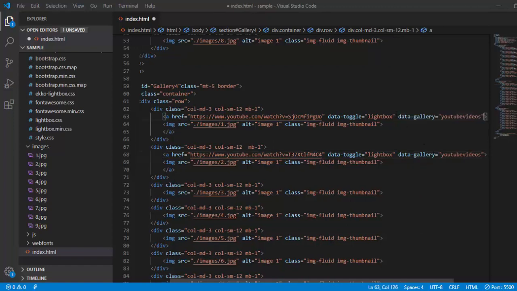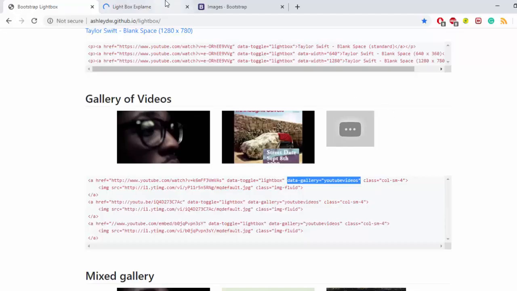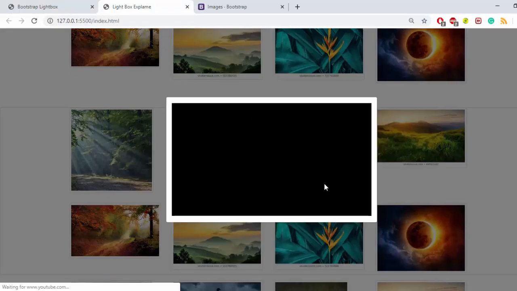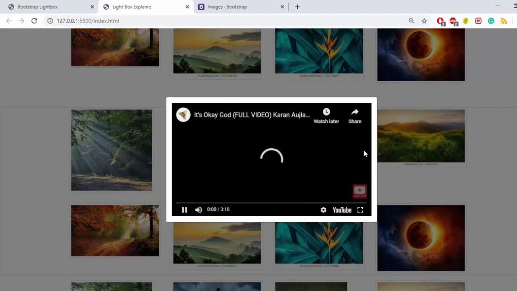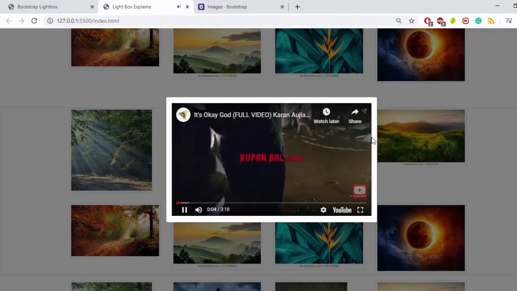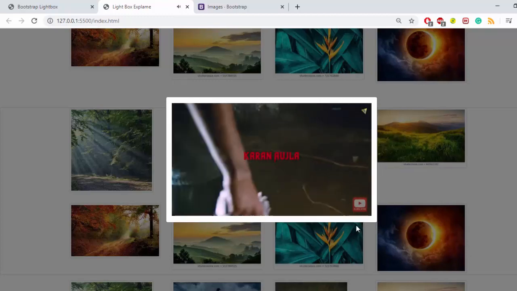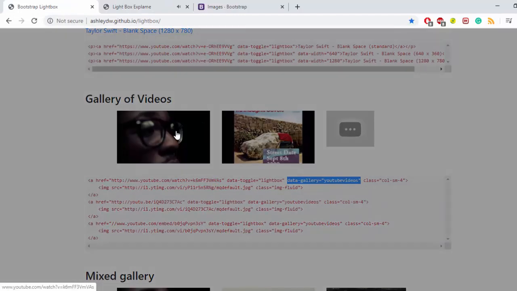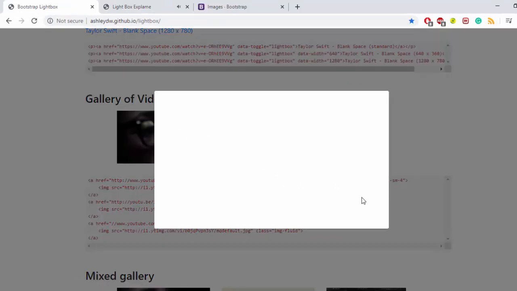So here you go with the video gallery kind of thing. Now let me see, here you got your video. But I have not received any arrow marks. Let us see how the gallery kind of thing works.